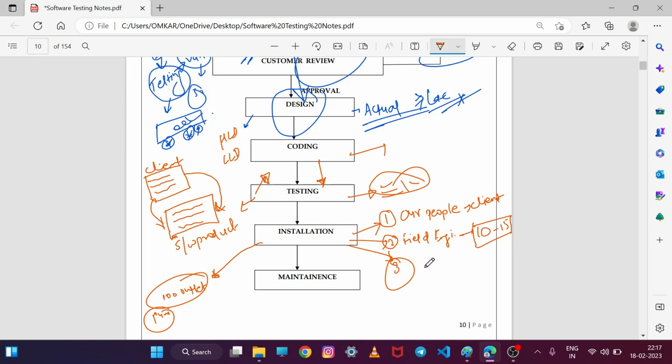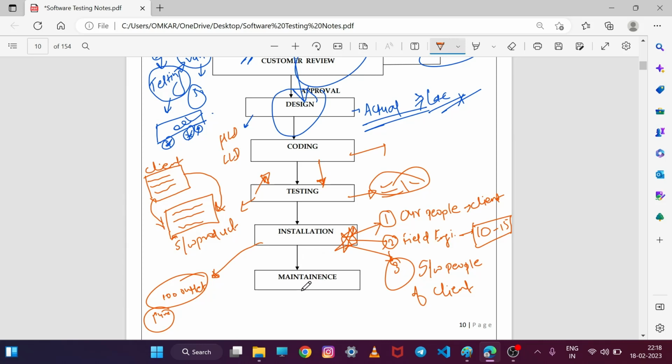सो इन दैट केस व्हाट हैपन्स, SBI के पीपल्स, the software engineers of SBI come to our company. Okay, software engineer people of client comes to our company and they go under training of how to install that product in their server or software, how to install that software product into their server, and they install that software. This is the 3 scenarios of installation process.